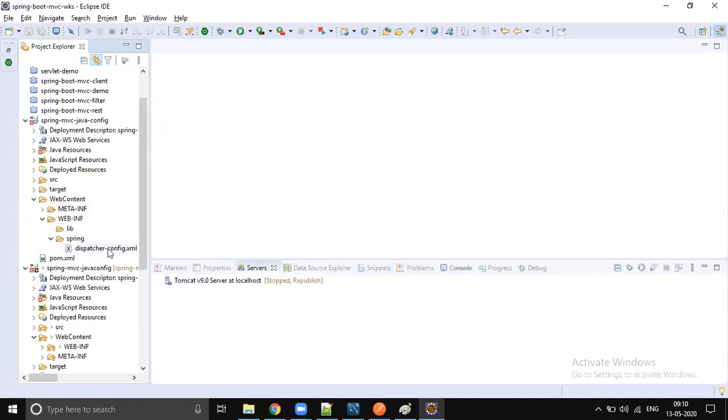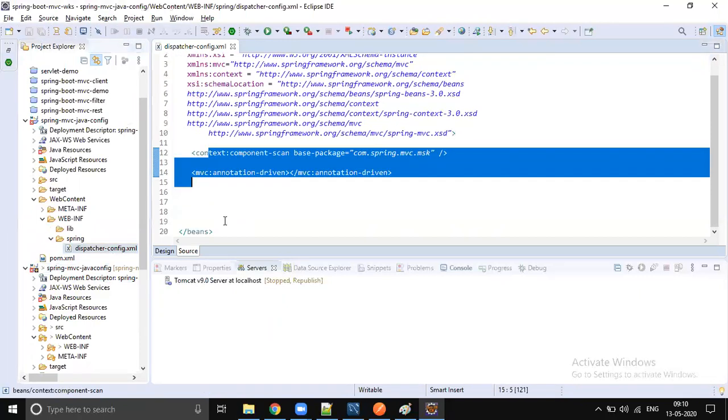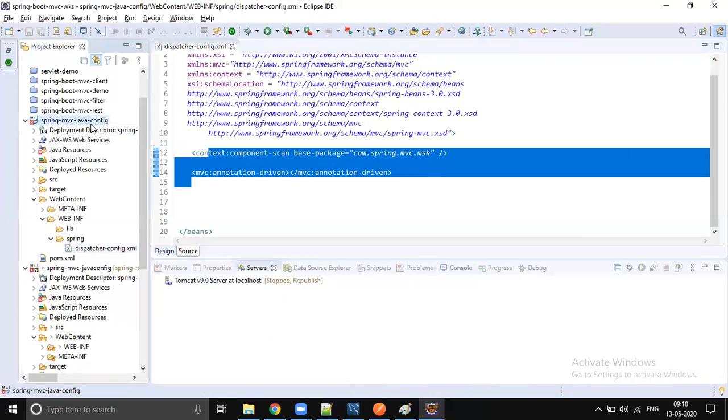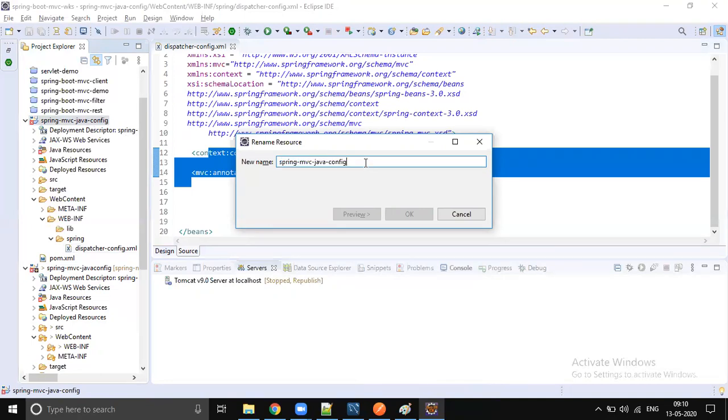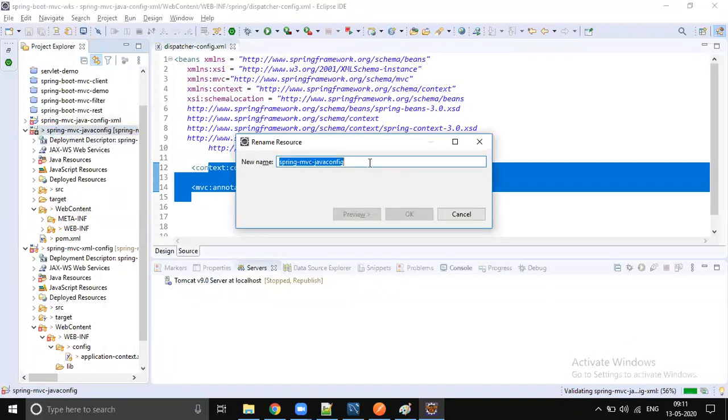One is you can do XML configuration, so that Spring configuration alone we will write in XML. Better we change this naming convention: Spring MVC Java config-XML. It's a pretty confusing naming convention, because in the Java configuration we have two variations.